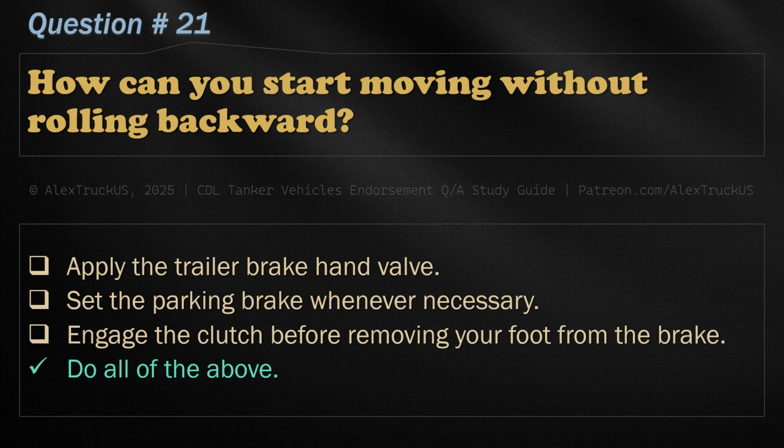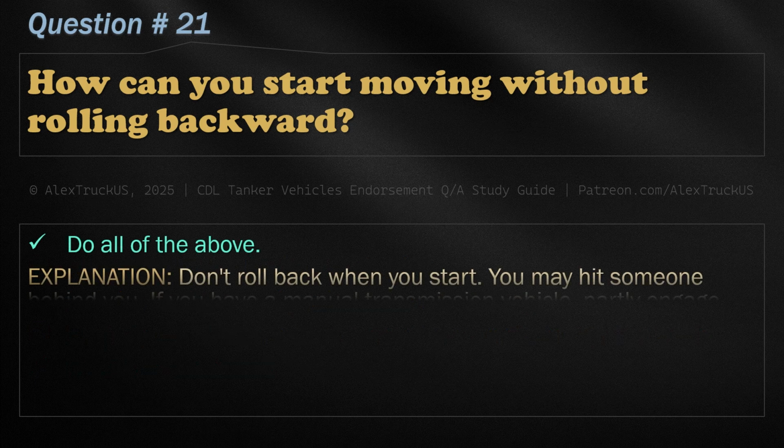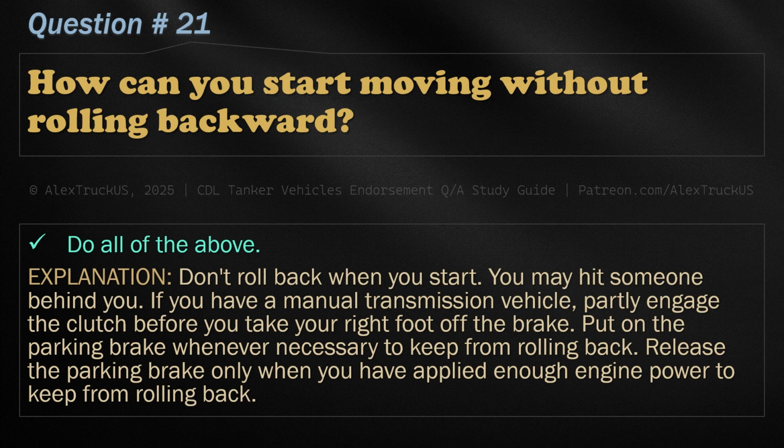Correct answer is: do all of the above. Don't roll back when you start. You may hit someone behind you. If you have a manual transmission vehicle, partly engage the clutch before you take your right foot off the brake. Put on the parking brake whenever necessary to keep from rolling back. Release the parking brake only when you have applied enough engine power to keep from rolling back.